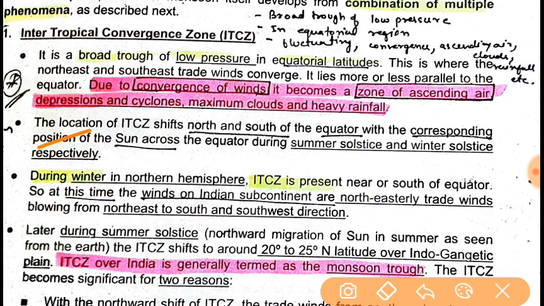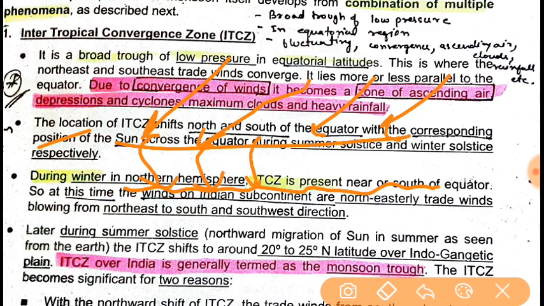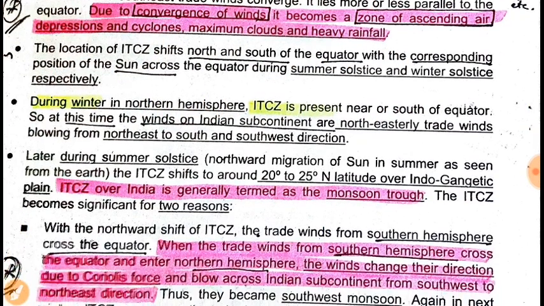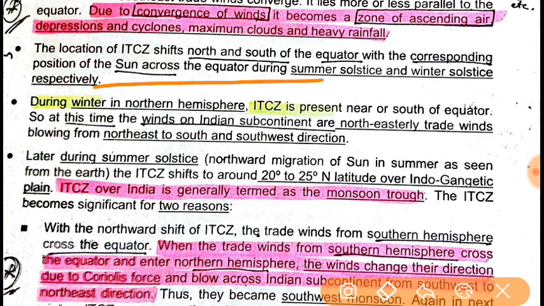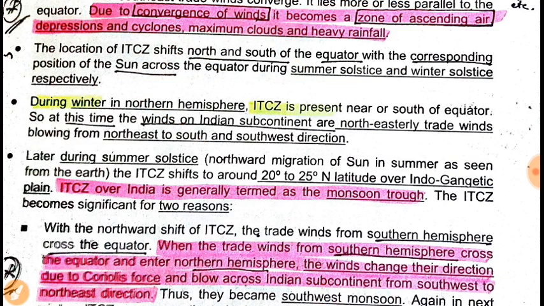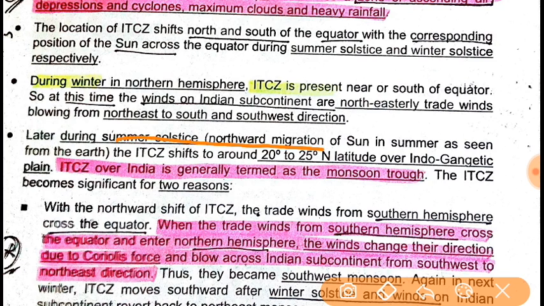During winter, the ITCZ is there near the equator, and as a result northeast monsoon winds prevail. Under Coriolis force they get deflected to become northwest. Then at the Tropic of Cancer it becomes south. This is being told here. Nothing else. It shifts to 22 or 25 degrees north, and it is in India